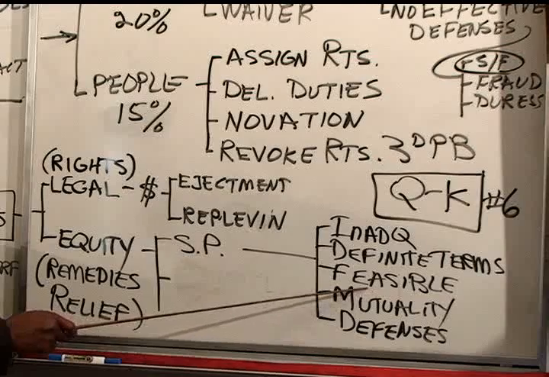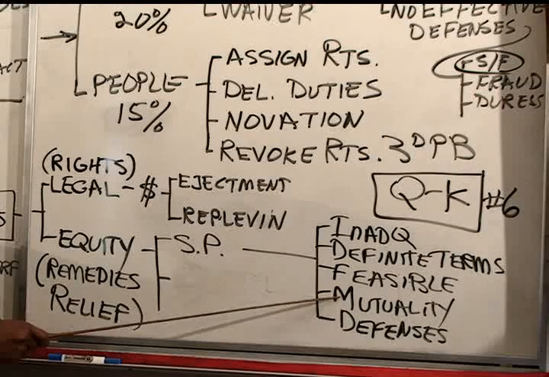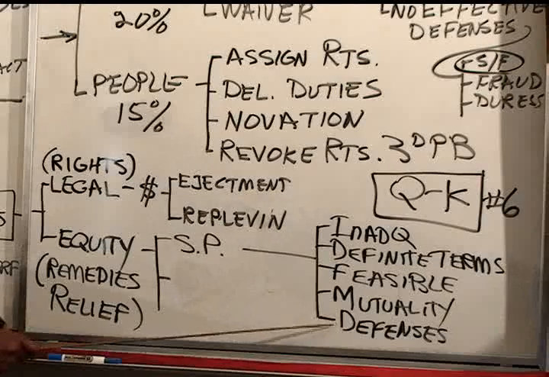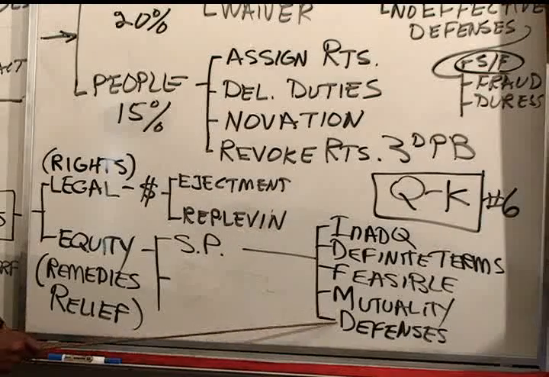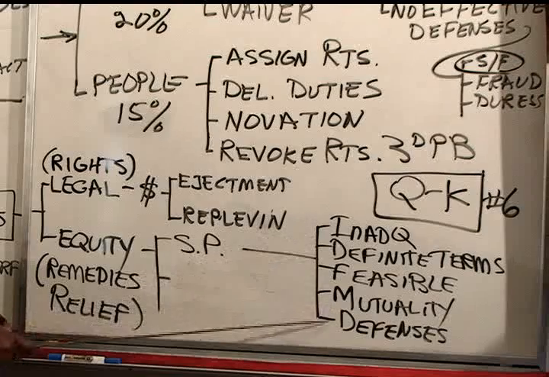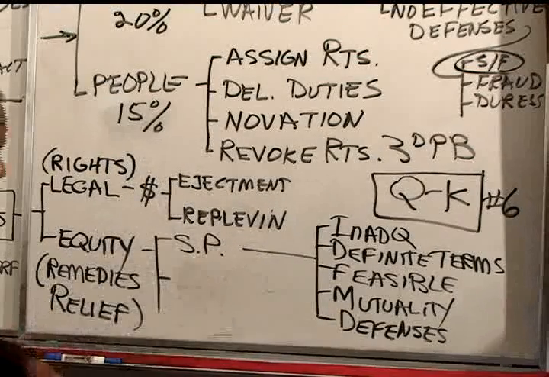It's feasible to enforce this because the court can just say to seller, deliver the turbine to buyer. Mutuality, sure, if they deliver the turbine, buyer's going to have to pay for it. Defenses, the buyer does not have unclean hands or anything of that sort. So the buyer should be able to get specific performance, and the key issue here regarding specific performance is whether